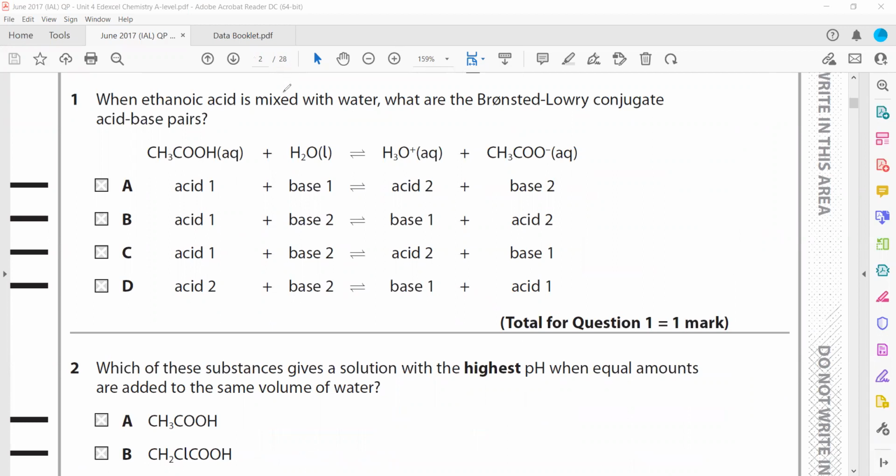Ethanoic acid is mixed with water. What are the Bronsted and Lowry conjugate acid-base pairs? Acids are proton donors, bases are proton acceptors. This means the substance which donates the proton, we call that an acid, and the substance which gains the proton, we call that a base. So when we check